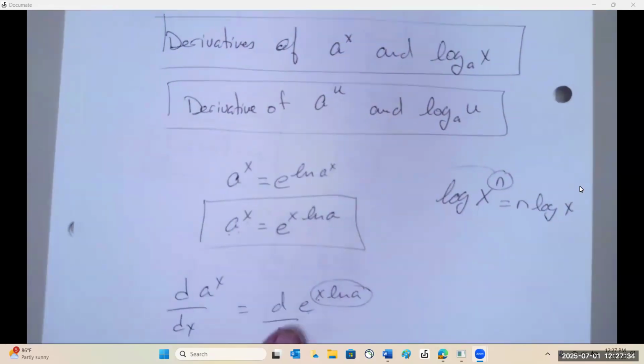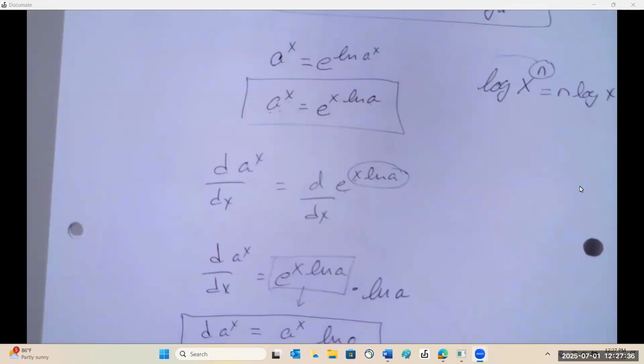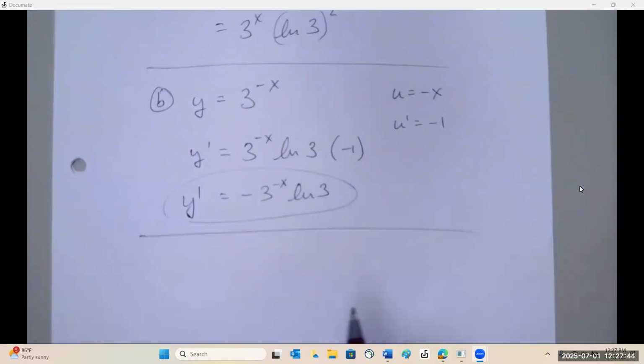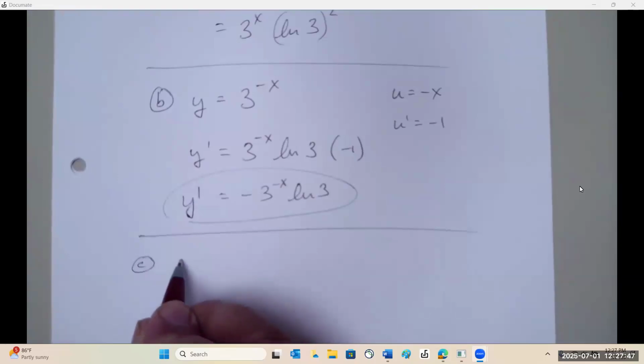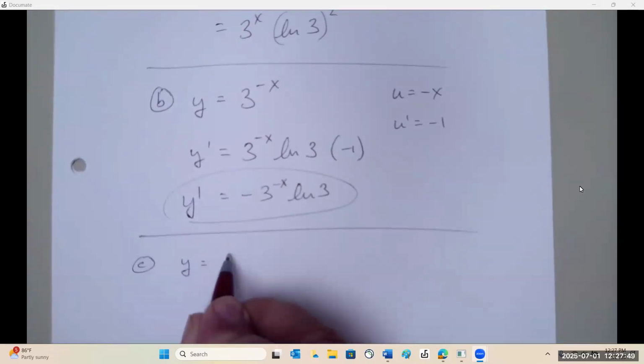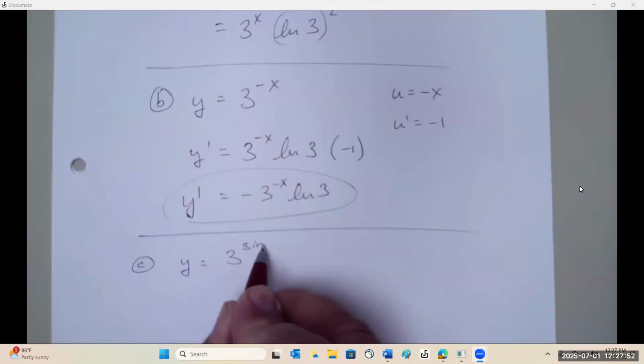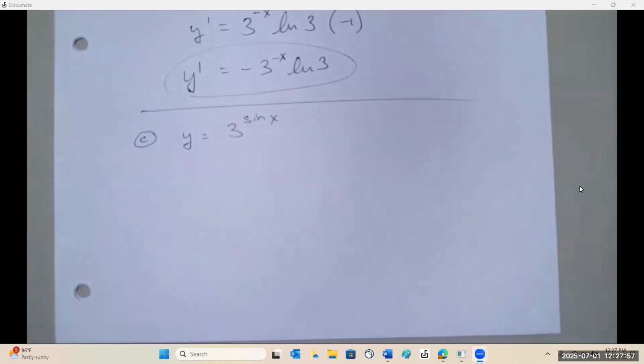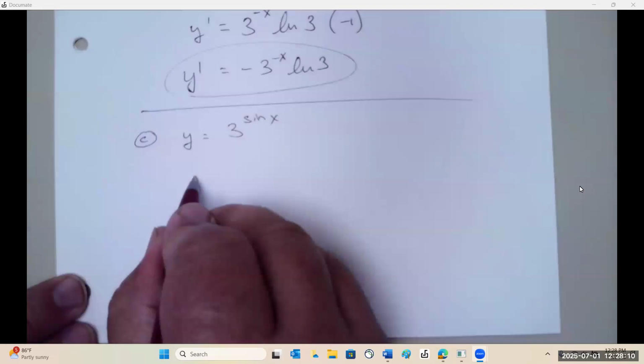We take the derivative of e to that, and we get that times ln a. So the derivative would be